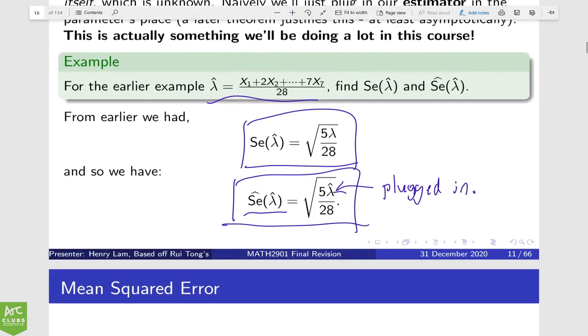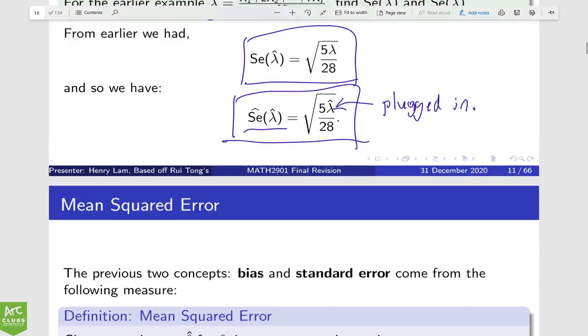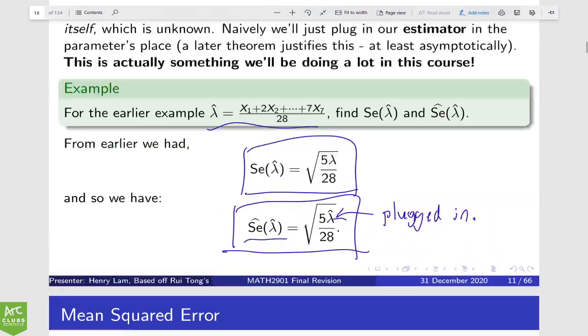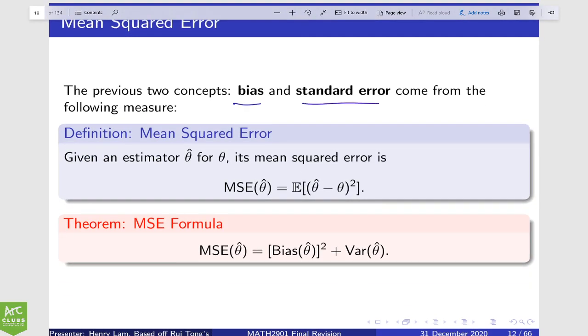Right, that should be it. And notice how there's a hat on top of the SE, right? Because that means the standard error itself is estimated. Now, the whole reason why we went through those two concepts of bias and standard error is because they combine into this one figure, and it's called the mean square error,